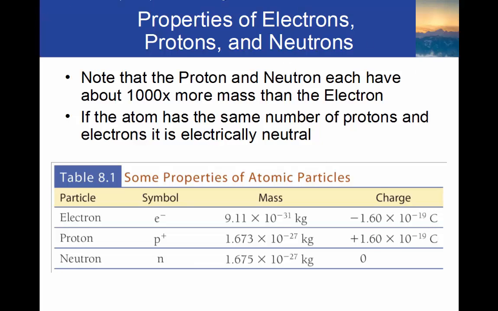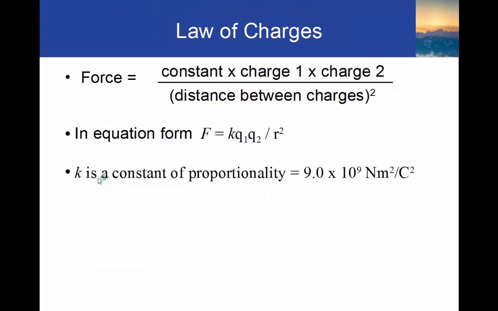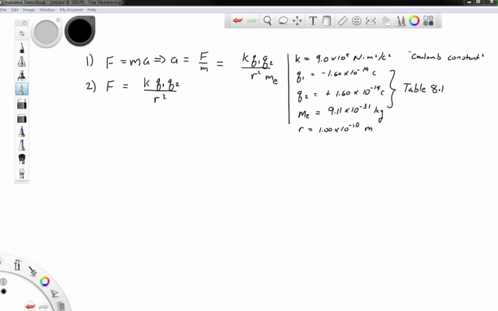We also need the Coulomb constant. So the Coulomb constant is this constant of proportionality in this equation, K Q1 Q2 over R squared, and it is 9.0 times 10 to the 9th newton meters squared per coulomb squared. Okay, so if we plug all those guys in, we end up getting that the acceleration is equal to 9.0 times 10 to the 9 newton meters squared per coulomb squared, that's the Coulomb's constant,